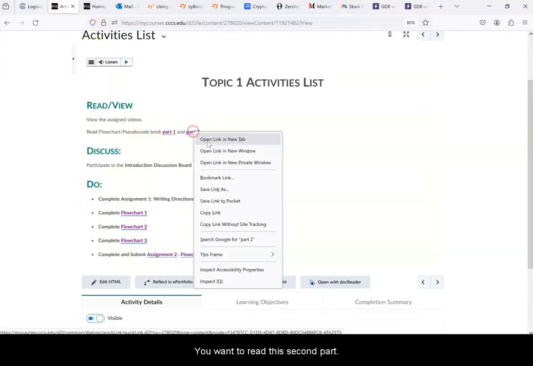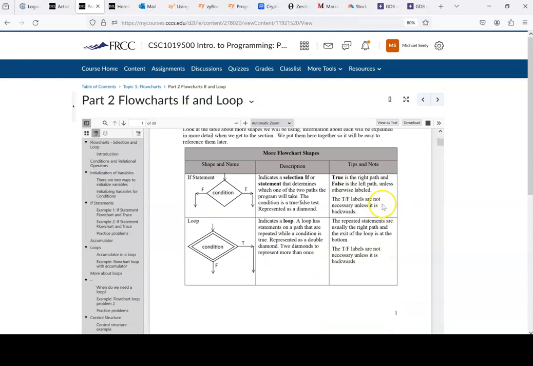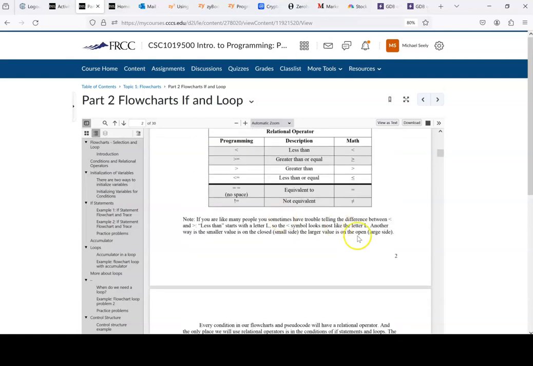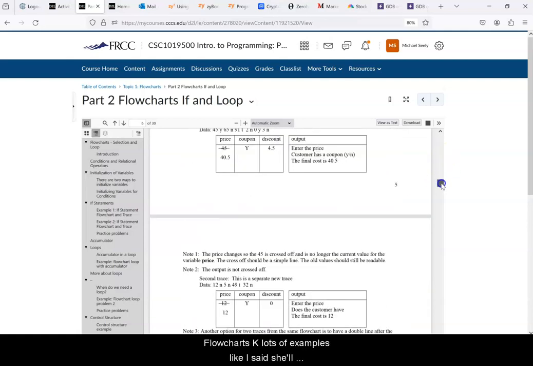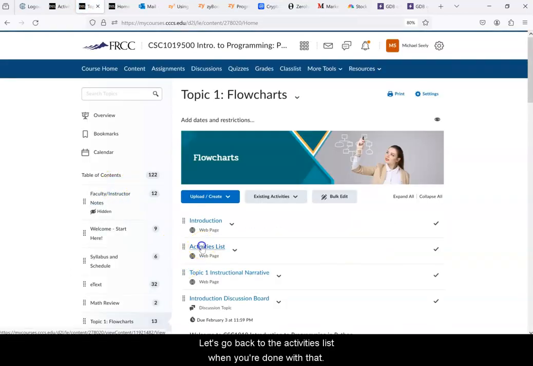You'll want to read this second part, okay? This is getting into more things with flowcharts. Lots of examples, like I said, so you'll definitely want to read through that. Let's go back to the activities list. When you're done with that,